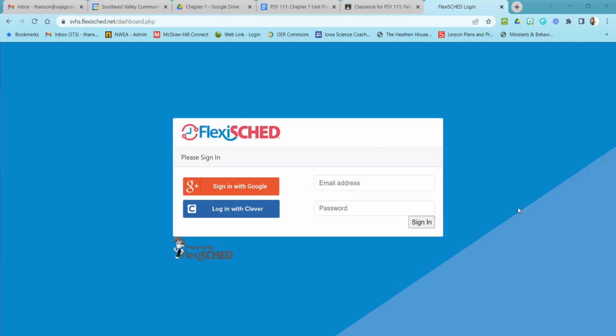svhs.flexischedule.net. Now, if you just Google FlexiSchedule, it's going to take you to any number of sites. So you want to make sure that you log in with the correct web address. It has to start with SVHS. Once you get into this site, I would recommend that you bookmark the site because you will be going to